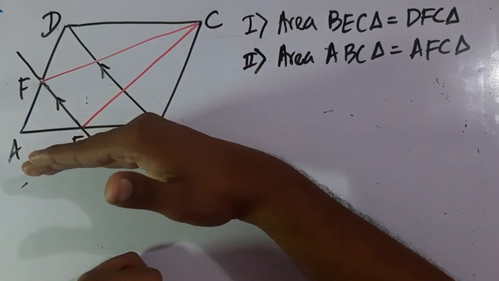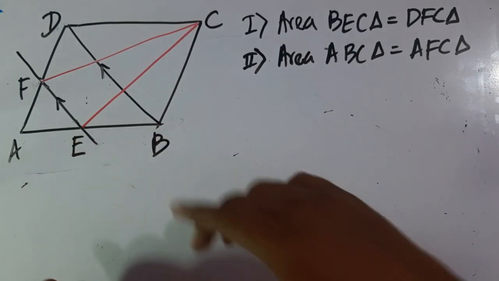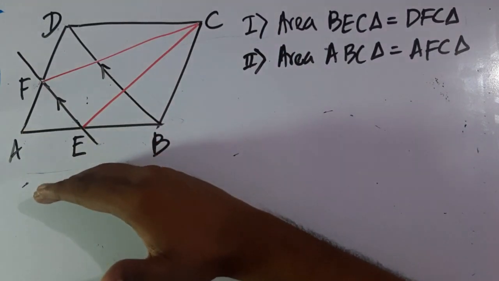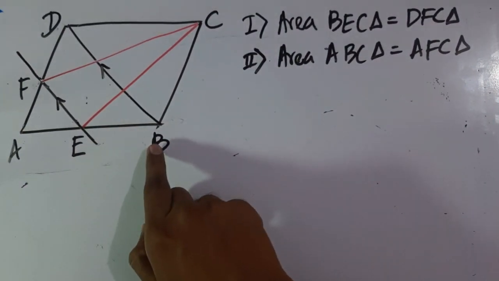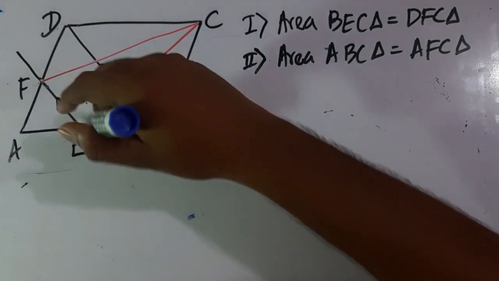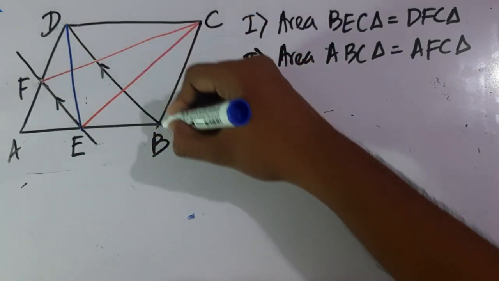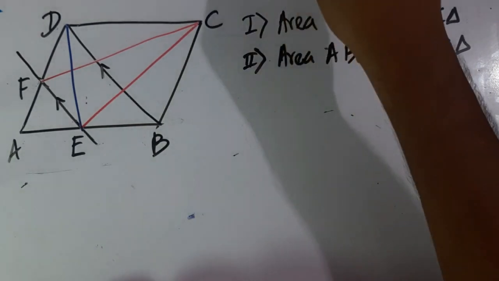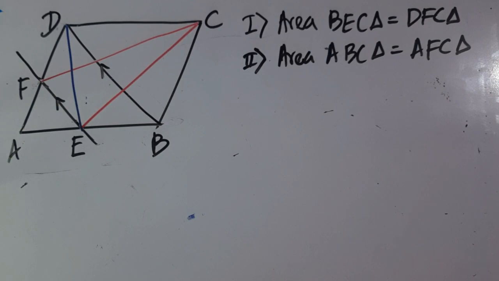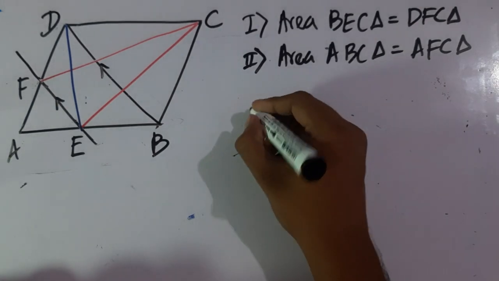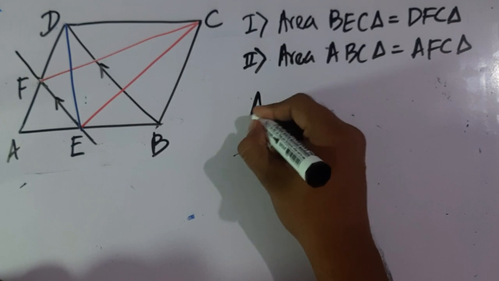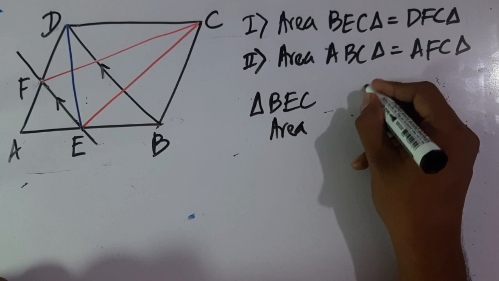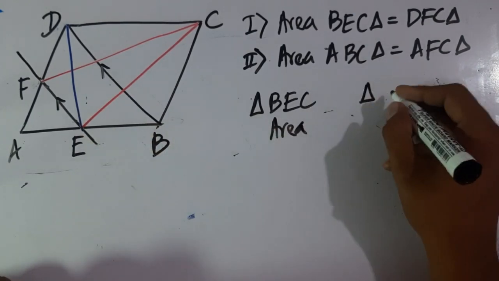and it is in between these two parallel lines and it has a base of EB. So what I am going to do is construct another triangle which is between these two parallel sides and which has the common base EB, and if I construct it, I would get the triangle EBD. Now if you carefully look at the two triangles I have drawn here, that is triangle BEC area and triangle EBD area